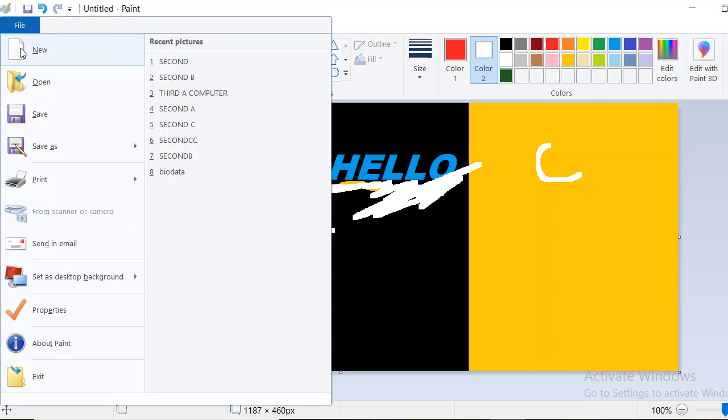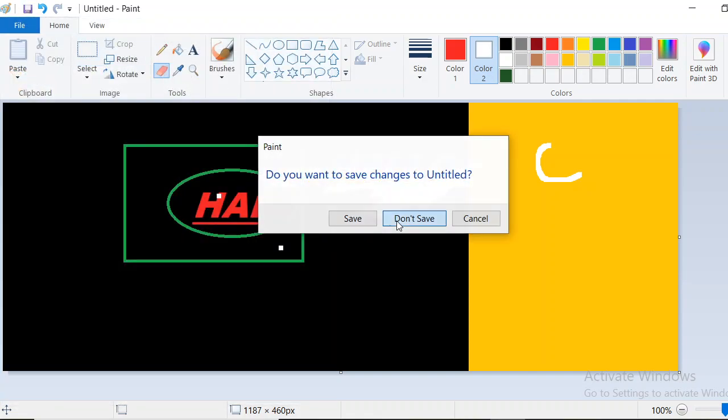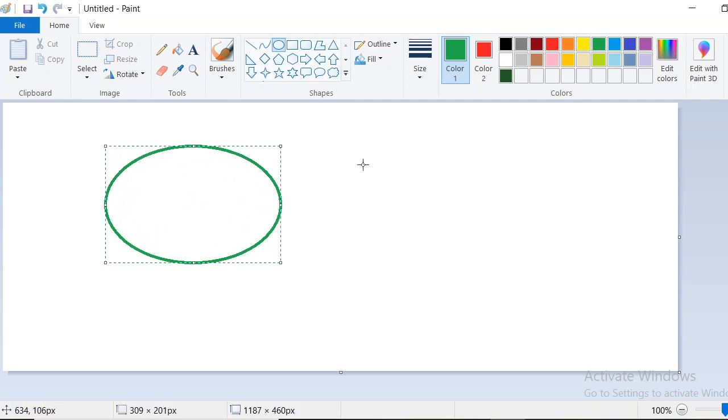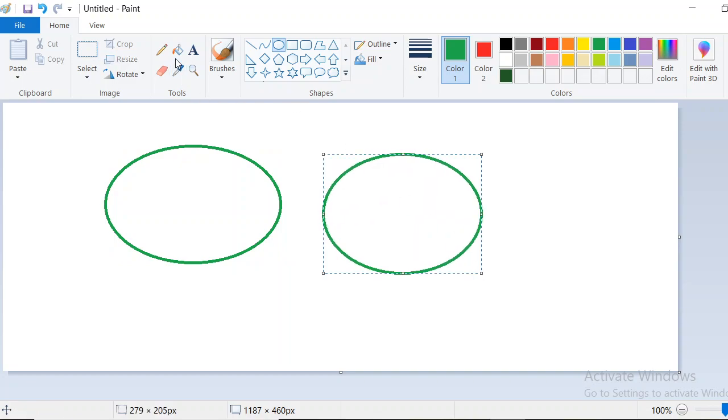Just a minute, I want to take a new window. So I will show that color picker tool. Now I am drawing one image. Next to that, fill with color also I want.